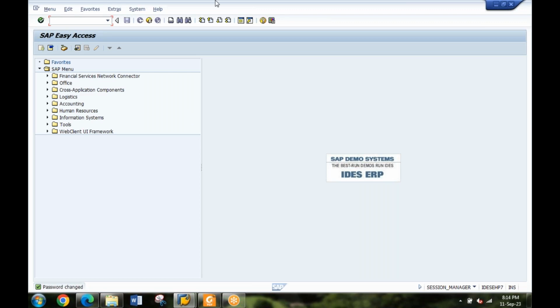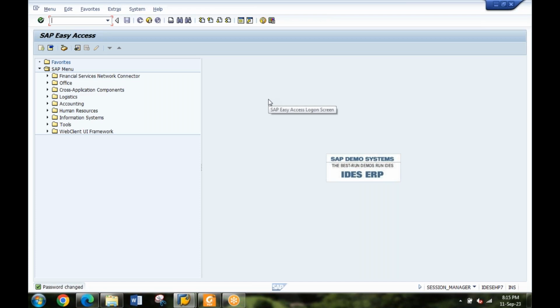Can I interfere? How can I make your screen look bigger? Just a moment. Are you using a mobile phone or your laptop? No, laptop. In the laptop, you might have an option to maximize the screen. At the top, you can see view everyone, hide everyone, right? Parvati, you just click on hide everyone so that you will be able to see a larger screen. Yeah, now I can see. It's good.